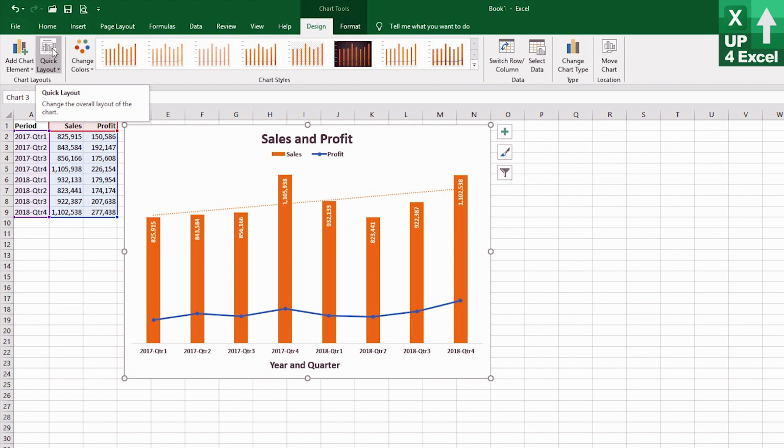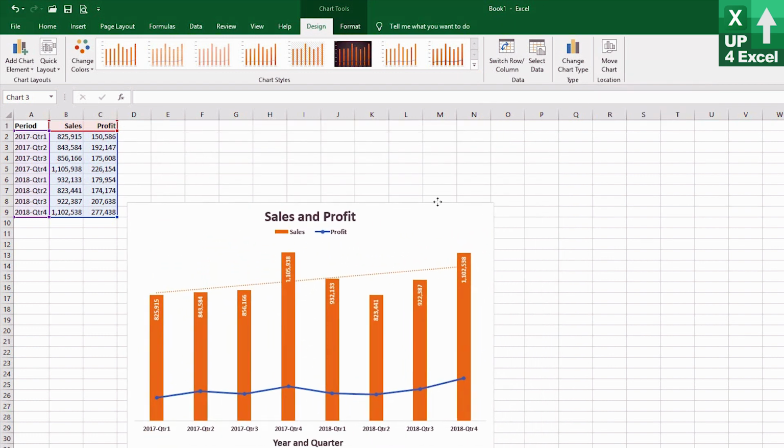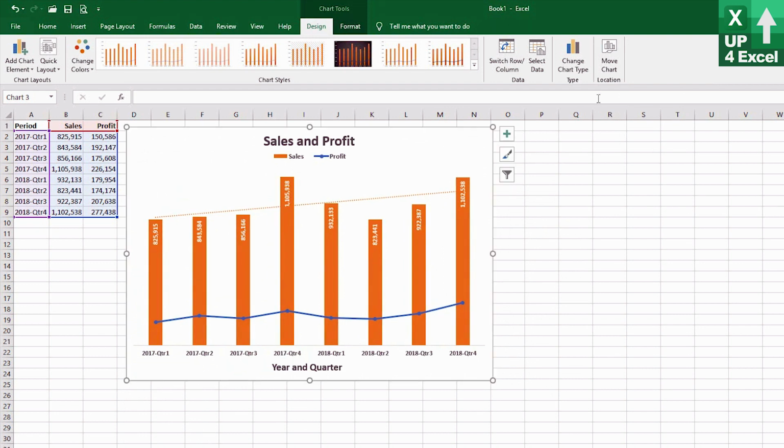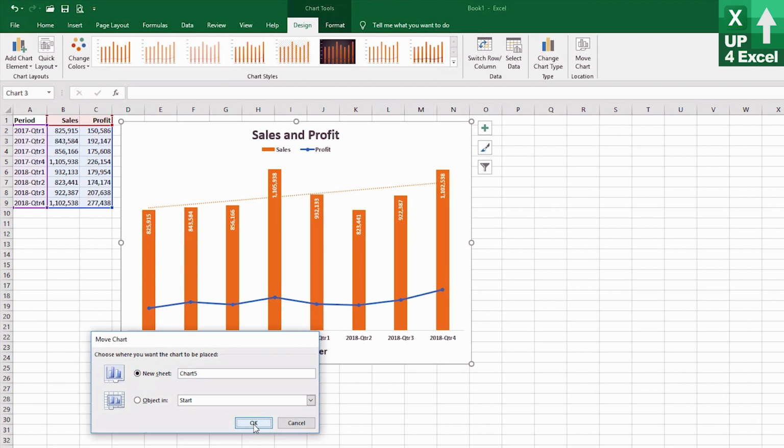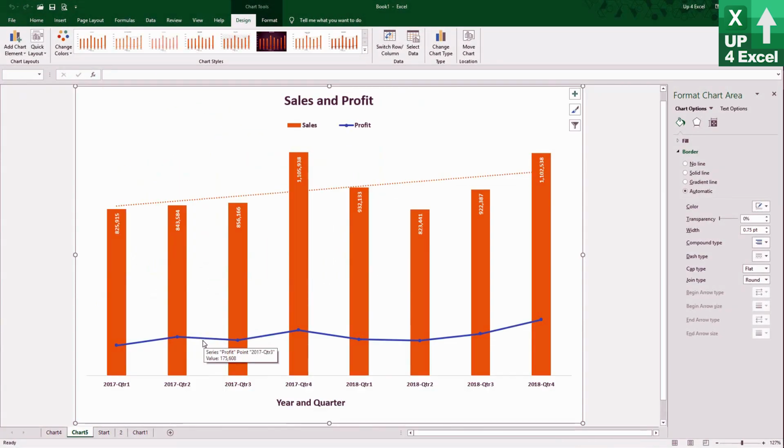Now, there's one other option on here that I haven't shown you, and this is Move Chart. Obviously, you can move this chart anywhere around the screen, just by dragging it. But clicking on Move Chart when the chart is highlighted will allow you to put it in a completely different sheet. So create a sheet of its own, for example, or you can move it to a different sheet within the same workbook. Now, if we do this, move it to a new sheet, I don't find sometimes that it works